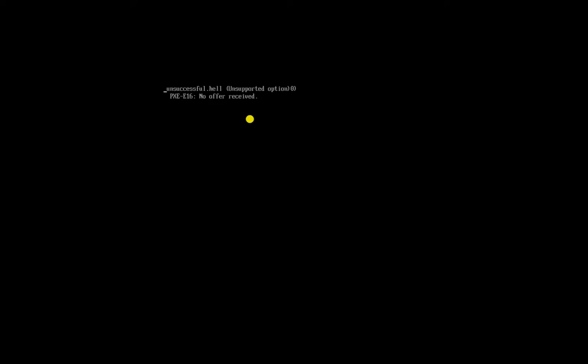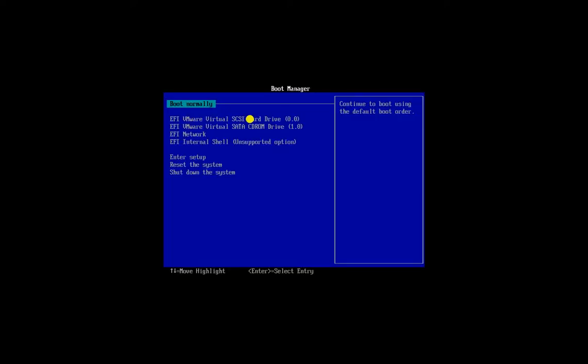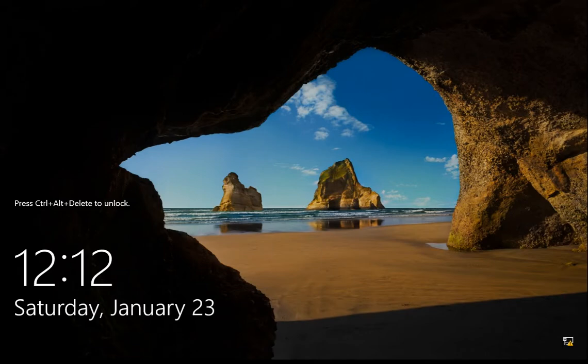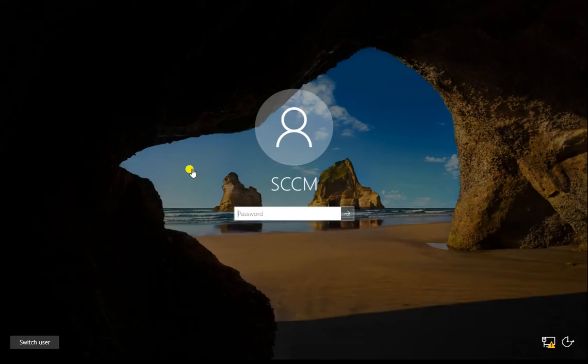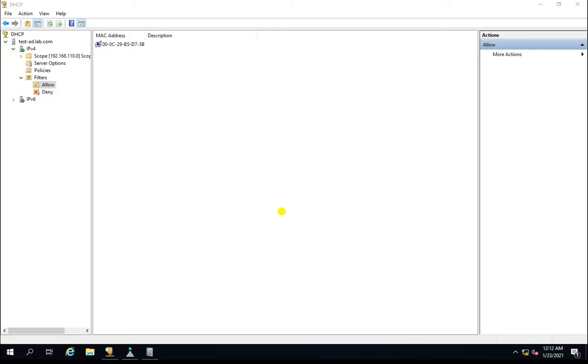Now it's trying to get the IP. It failed; that's what I was expecting. Why did it fail? DHCP has not been allowed to give the IP address. Let's go to the DHCP server, because you will face this error in the lab, and even in production.